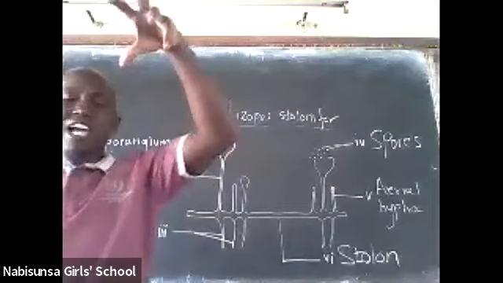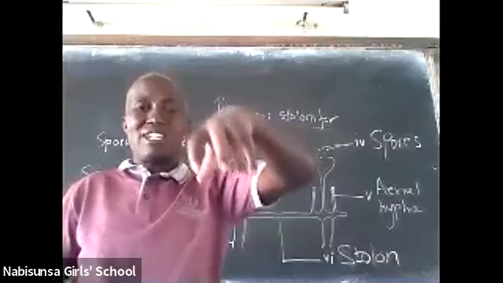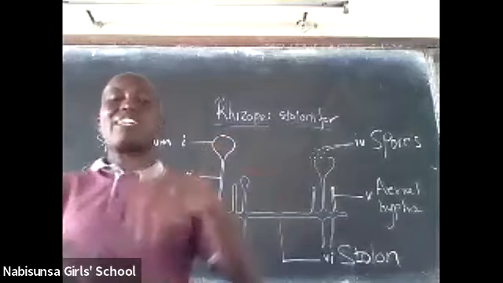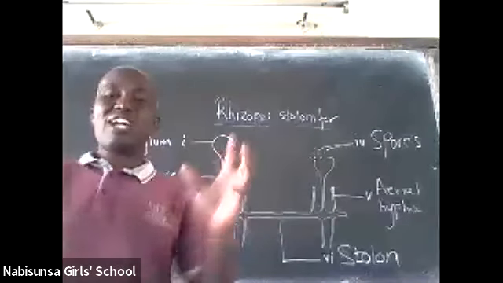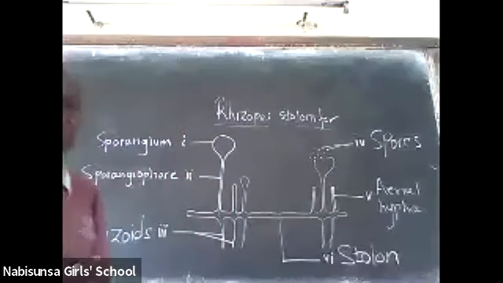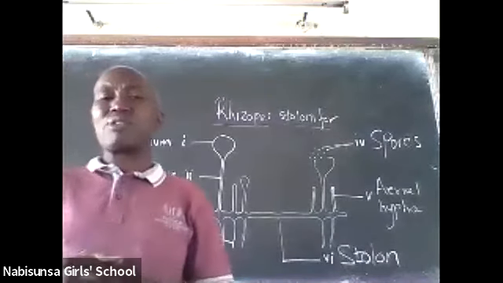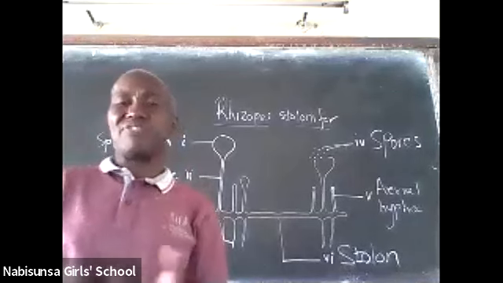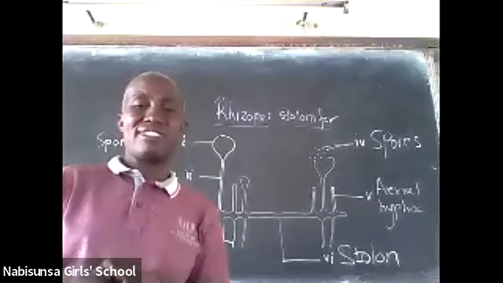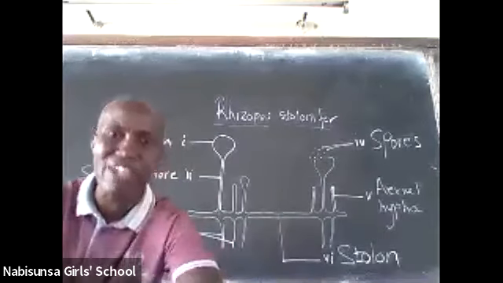I've said the rooting hyphae grow into the bread. They release digestive substances, enzymes, into the bread, and those enzymes digest the bread. Then the products of digestion are the ones that are taken into the rhizoids. So the rhizoids are for feeding. They may play some role of anchoring, but it may not be the major role. The major role is just feeding. What do they release? Enzymes. Okay, I can see Akidi has a hand up before I continue.